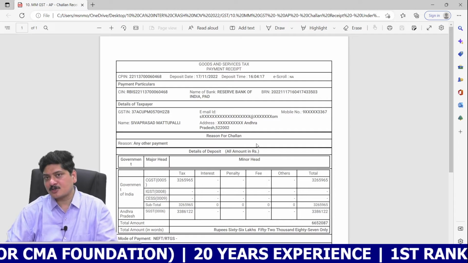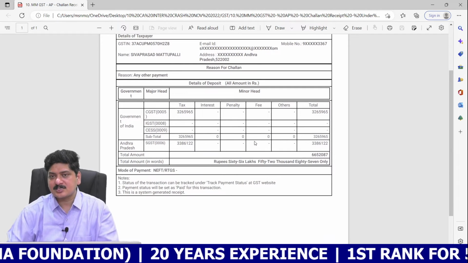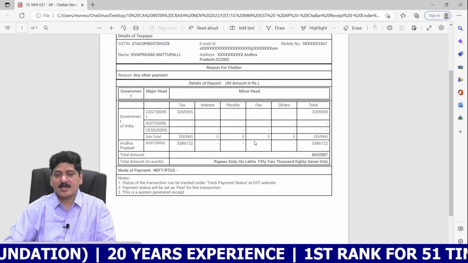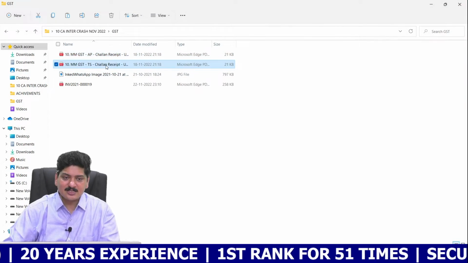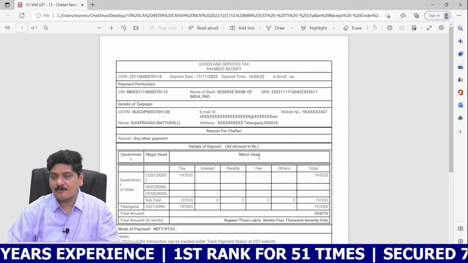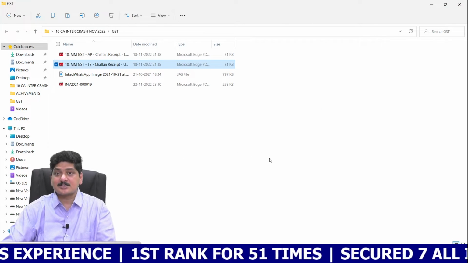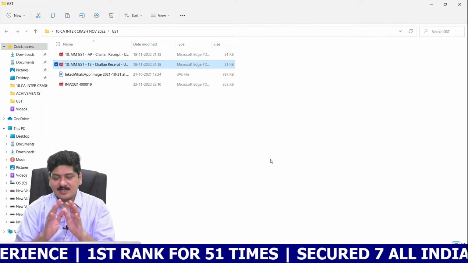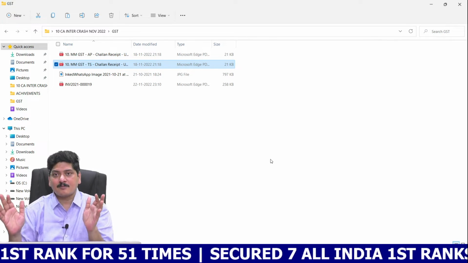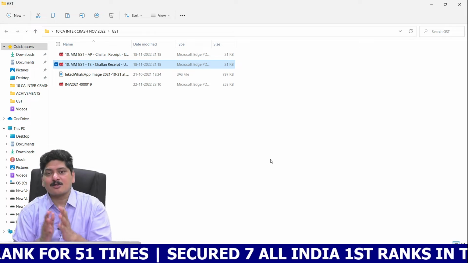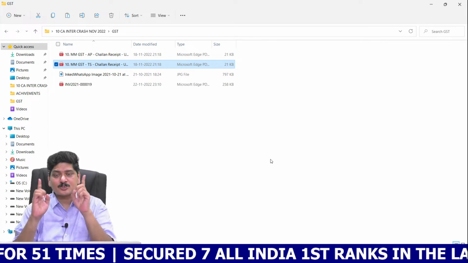Recently, in the month of November 2022, we have made a payment of 66 lakhs approximately for the AP operations in the name of GST. Whereas in case of Telangana operations, near about another 4 lakhs, which amounts to put together 70 lakhs. So 70 lakhs is the amount of GST that we have paid to the government of AP and Telangana as well as the central government without collecting the same from the students community.